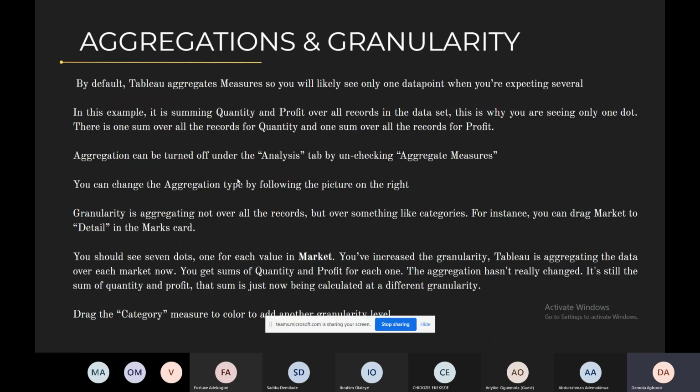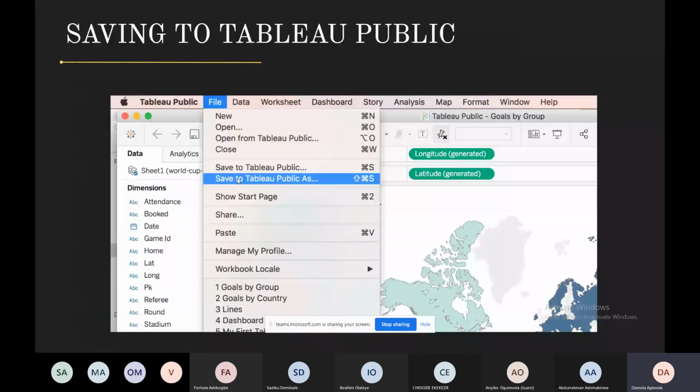So let me speak about aggregations and granularity. By default, Tableau aggregates measures. So you likely see one data point when you're expecting several. Now, in this example, it is summing quantity and profit over all records in the data set. This is why you are seeing only one dot. There is one sum over all the records for quantity and one sum over all the records for profit. Now, what that means is,